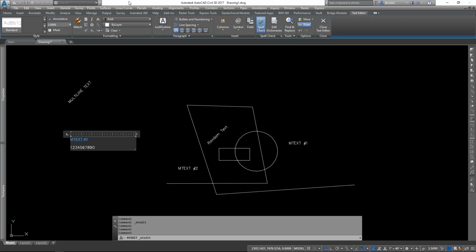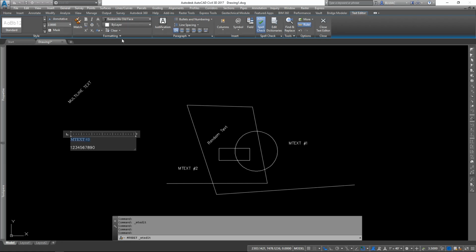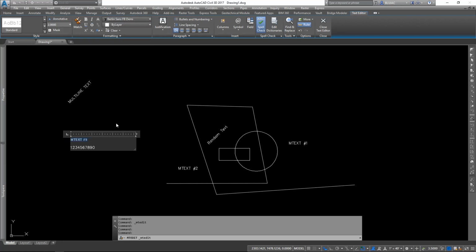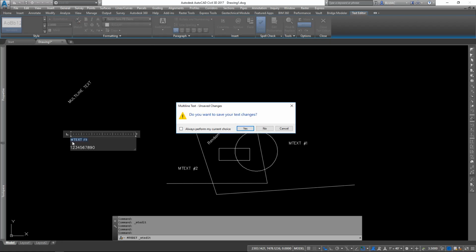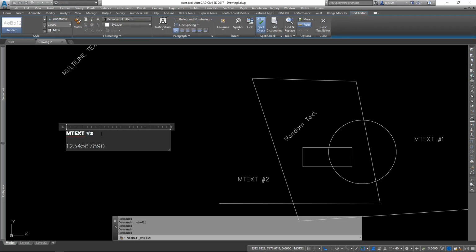Maybe I should pick a different font that's something obviously different. There. That's a little different. Let's find something even more different. There. Now we have obviously made a font change, and yes, I will save my text changes. But because I only highlighted the word M text number 3, or these letters here, it did not change any of the other text in this text object,